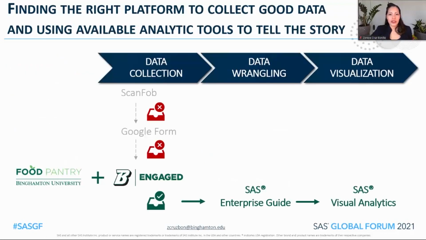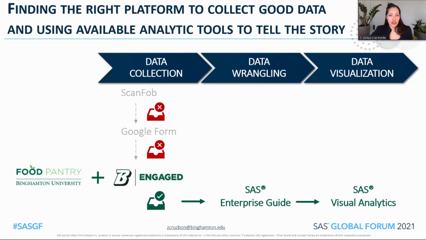You might be wondering from my opening slide, what is the Binghamton University Food Pantry? Briefly speaking, it is an on-campus service that was established as a temporary and judgment-free place for students that are facing hard times, such as running short of money for the month or facing emergency situations. In the university's efforts to identify and further support students who utilize this service, the food pantry has adopted several data collection methodologies over the past few years.